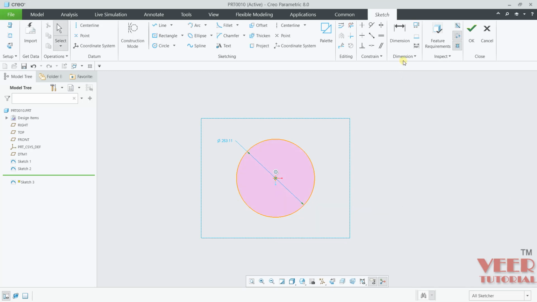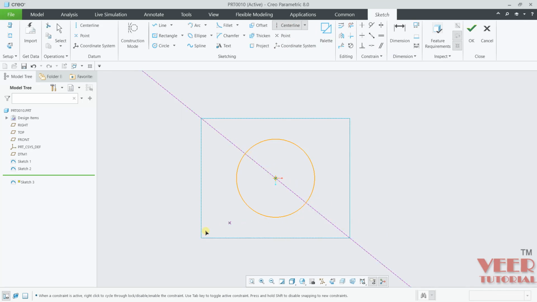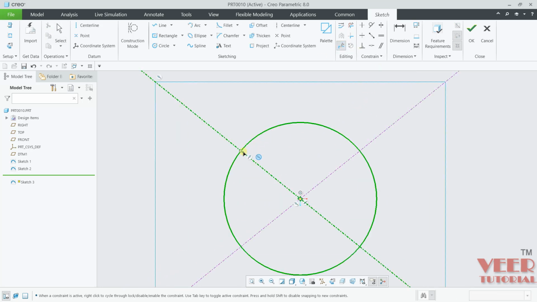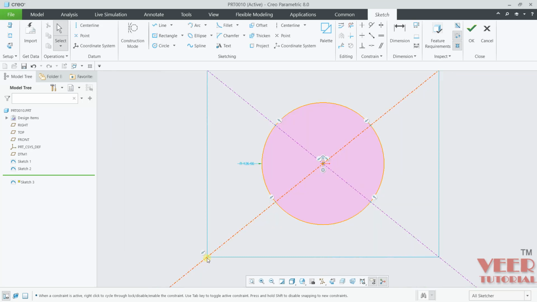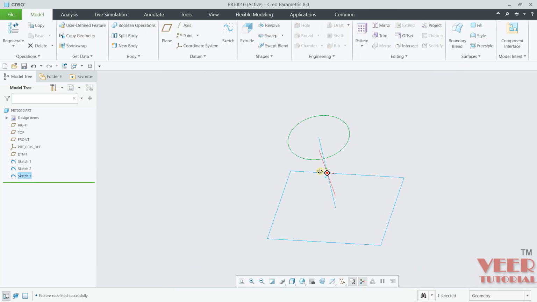Click on this close. Now I will draw some center line from this edge up to this edge, from this edge up to this edge. Now go to divide. I am going to divide the circle at this edge, this edge, this edge and this edge. Press escape. Now you can see this is first part, second part, third and fourth. And you can see the division is corresponding to the edges. Click OK.